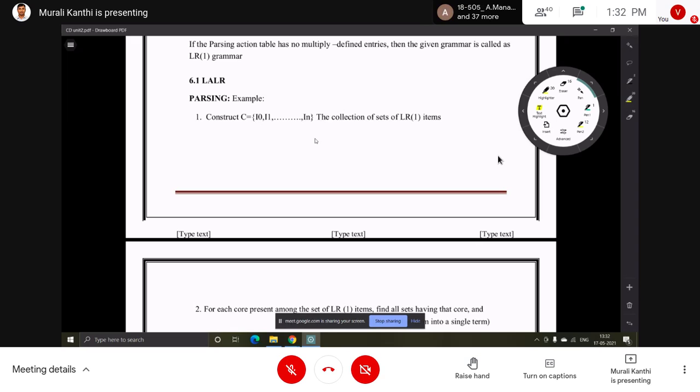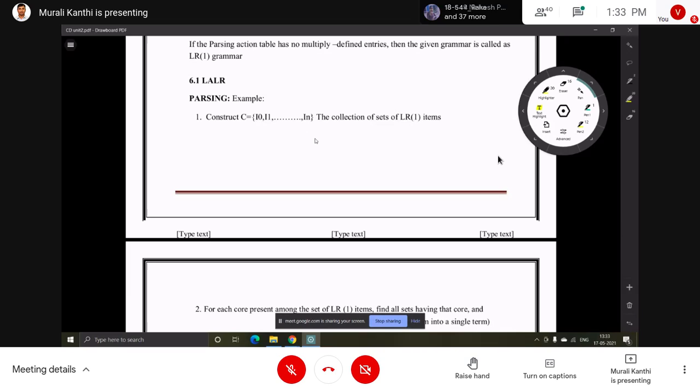But in SLR with 0 lookahead symbol, we don't know which the next symbol is. For that the follow set is used in SLR. So that's why finding first set and follow set is required. Why? Because it is LR(0), so 0 lookahead symbol.